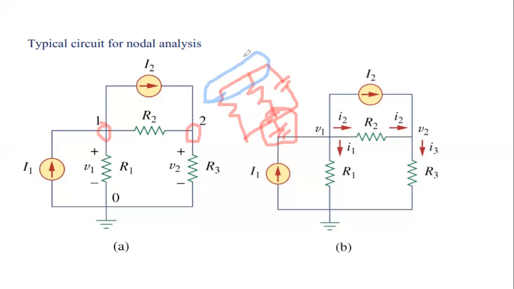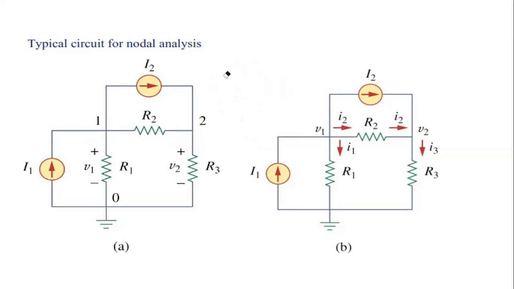So further, we are going through the question right now. After that, we will come to this point again. So here we have two nodes. One is this one, V1. We will take voltages V1 at node 1 and V2 at node 2. So we suppose that the voltage at node 1 is V1 and node 2 is V2.